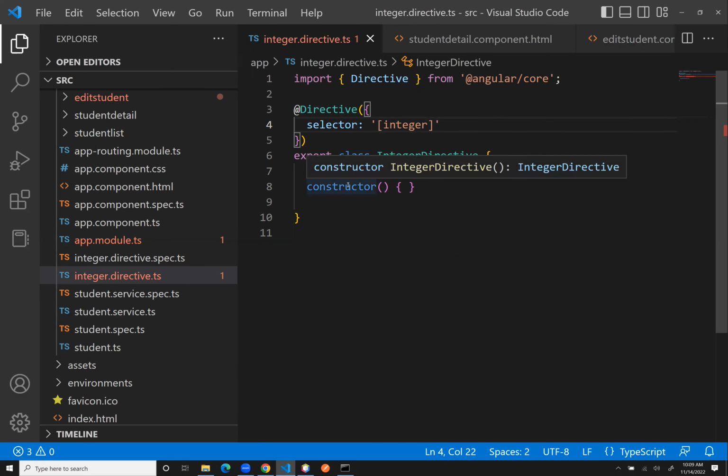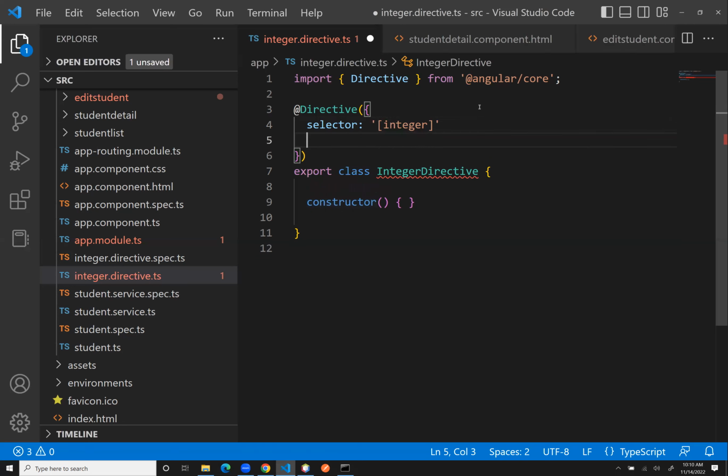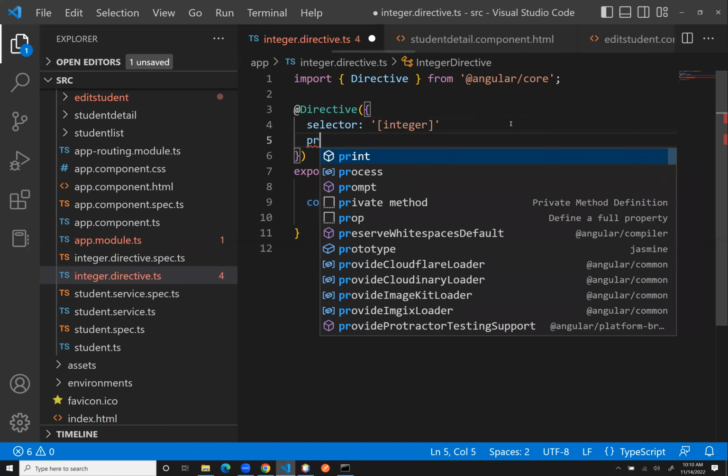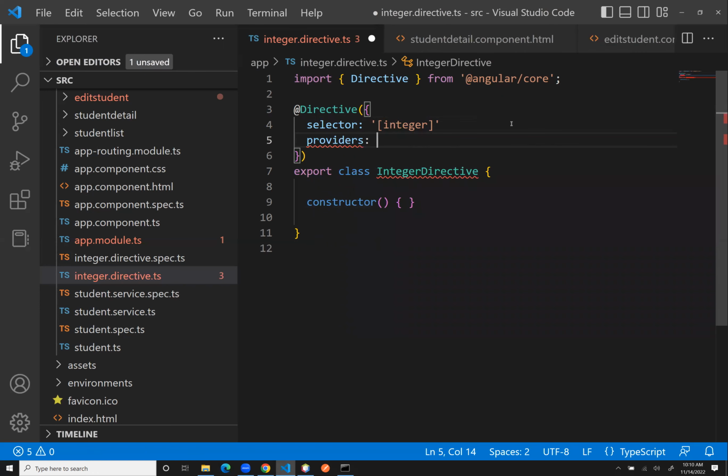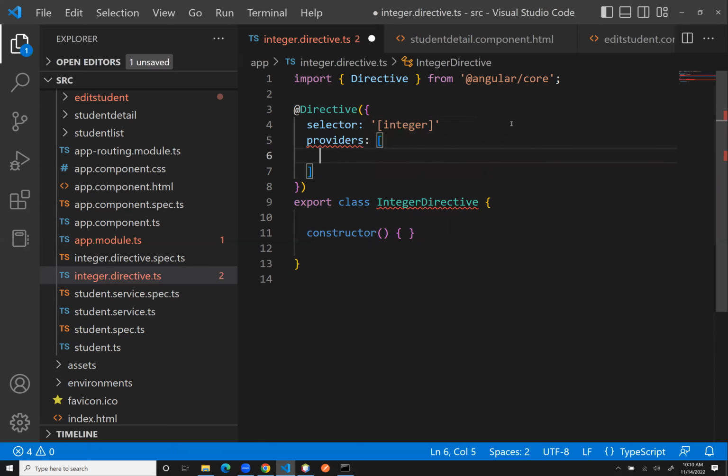And what am I missing here? We need to inform Angular this class will be a validator, so we need to register it as a provider using the special injection token NG_VALIDATORS. So what does that mean? I'm going to show you. So we go here and you see the selector. We go ahead and specify providers, right? And that's going to be bracketed. And then,